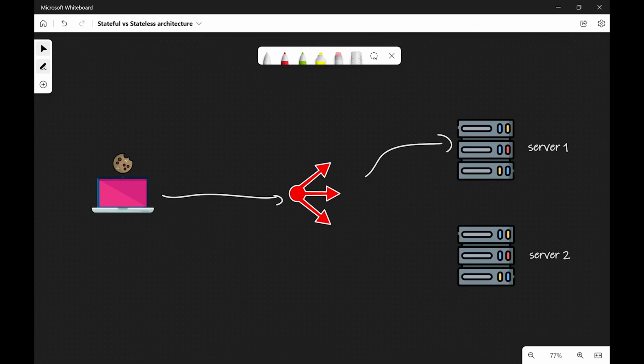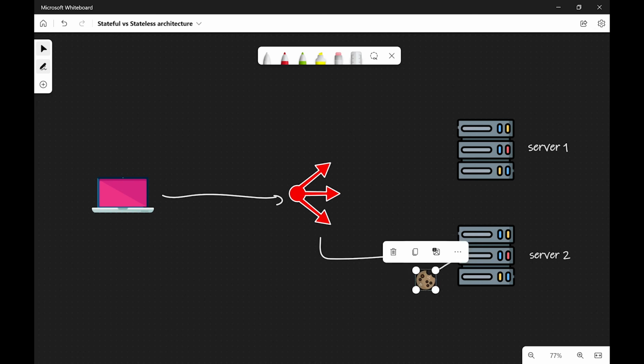Yep. So the second time when the user sends the request, let us suppose that the load balancer sends that request to server 2. With that request, now our server received a cookie, and with the cookie, our server 2 can easily identify the client, and it will add something to his cart, whatever he or she wishes, right? So that was a stateless architecture. Okay,